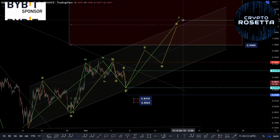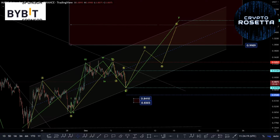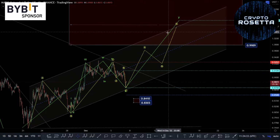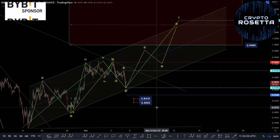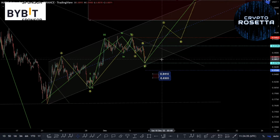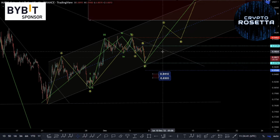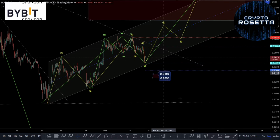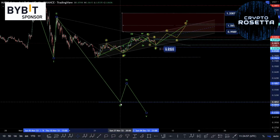So the one-to-one of this first zigzag would be this 1.0803 area. So potentially we could see some more upward momentum here, which could look to take us up to this 1.0803 area. Though we need to be mindful of the fact that we could start to break down here as well. If we develop this as a 5-wave move to the downside here, then we would need to watch this retracement back up and see whether we get rejection and we carry on failing to break back above this 0.9452 area,